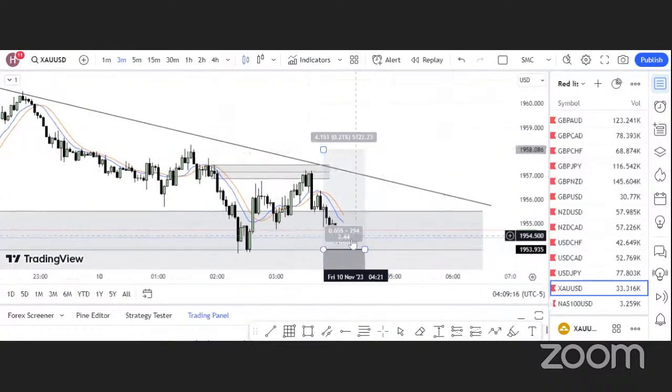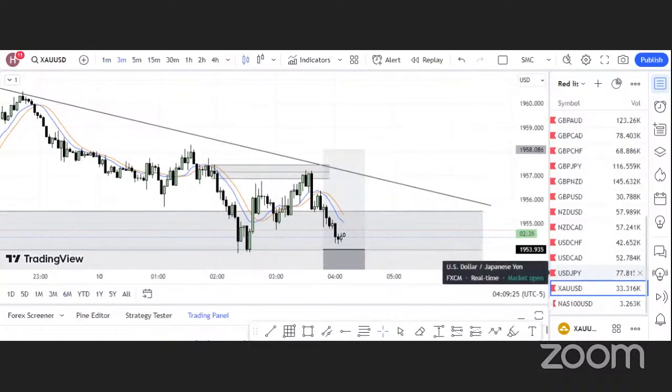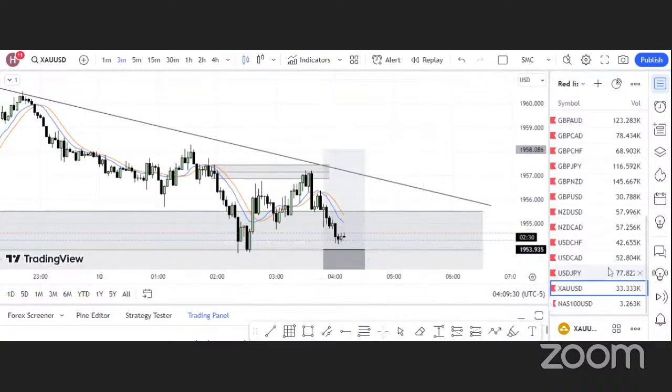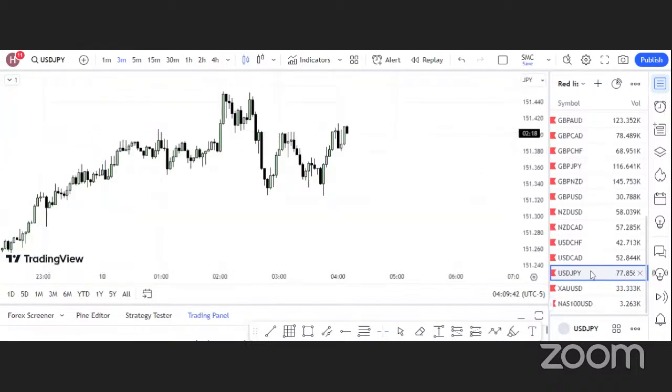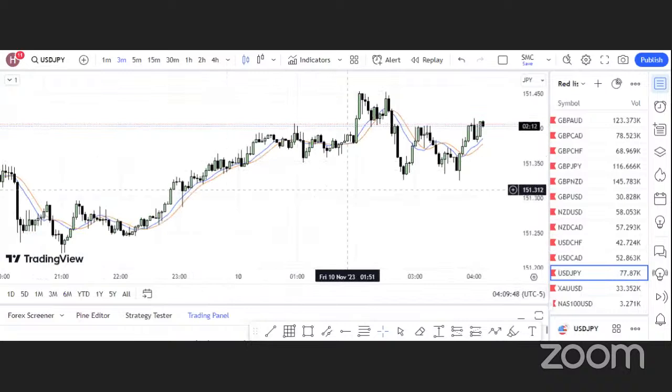So this is not giving us an entry as soon as we expect. I think we should go look out for another signal, another pair. Let's analyze another market, then we can come back to this later. I don't want us to waste too much time on this because I want us to get as many entries as possible. So let's check on USDJPY. Let's see what USDJPY is doing currently.